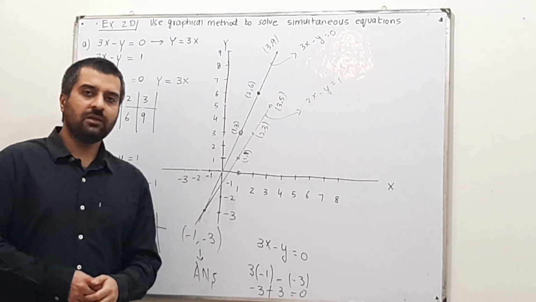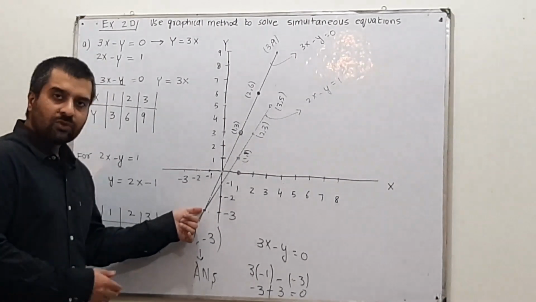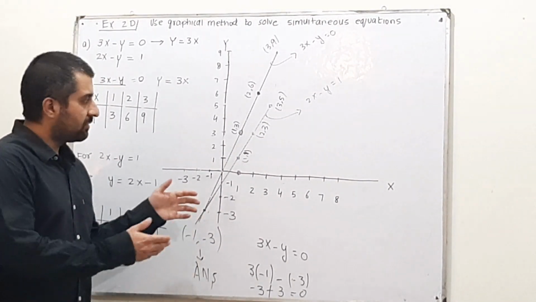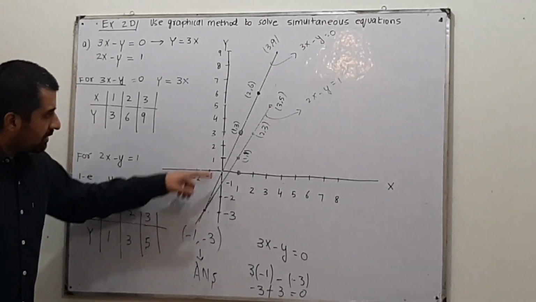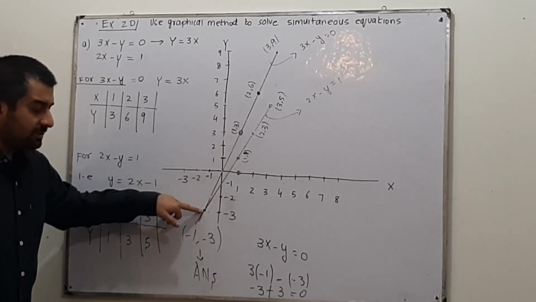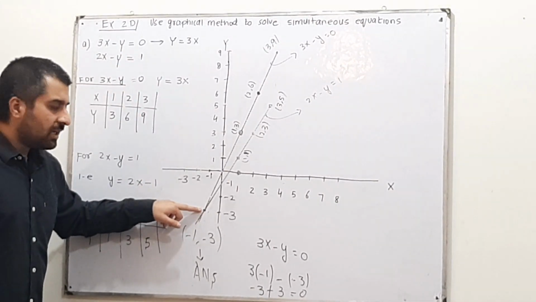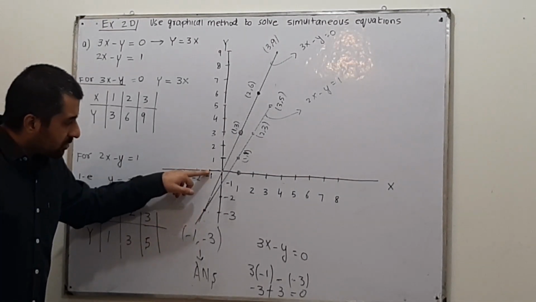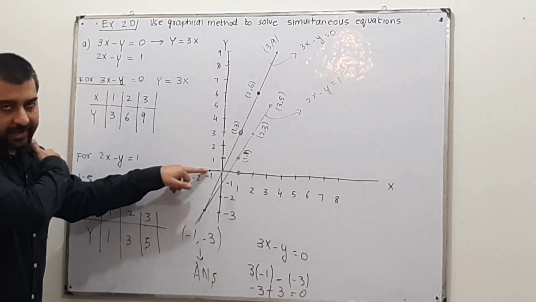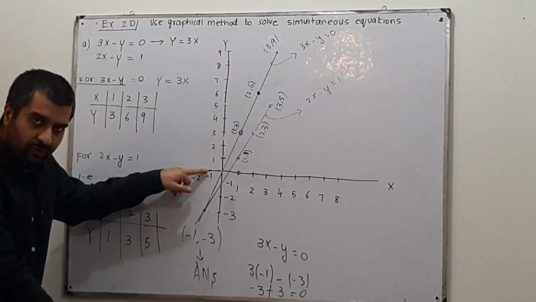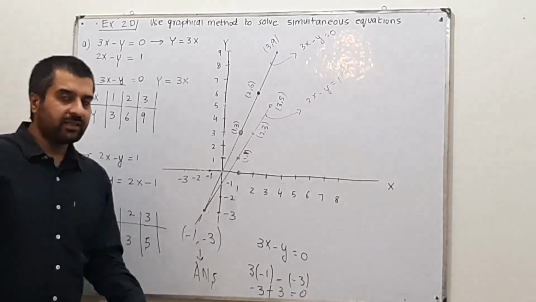These two lines will cross each other, or intersect each other, at a point. Now this point is your solution. If they are not intersecting, extend them, they will intersect. So this point where the graphs of these two equations are intersecting is your solution. At this point, the value of x is minus 1. Now we are on the negative side of x and on the negative side of y. x is minus 1 and y is minus 3. This is your solution.